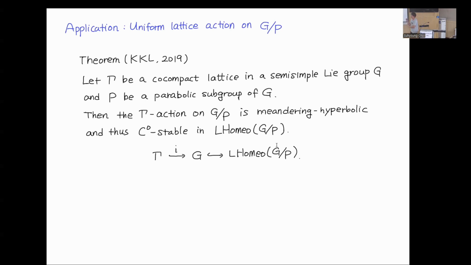But we realized that the co-compact lattice in a semi-simple Lie group has an action. The co-compact lattice action on the flag space satisfies these two conditions. This is quite a surprising result to us, because we just tried to understand the n-parallel traveling property, but we found some